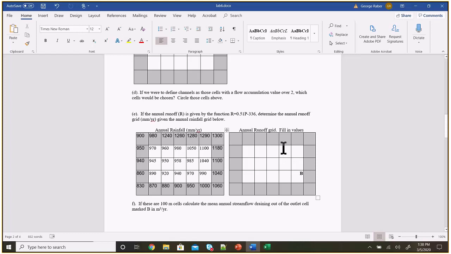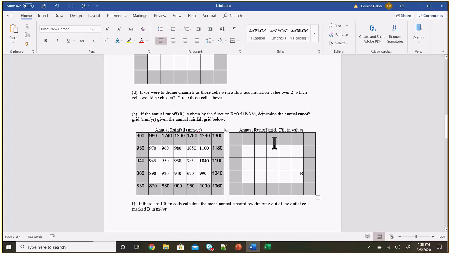And when you do that, you're going to calculate the total amount of runoff that's going to reach that cell. So in ArcGIS, we'd implement that as a zonal sum operation. However, remember that the cells are 100 meters by 100 meters. So your zonal sum, if you think about it,